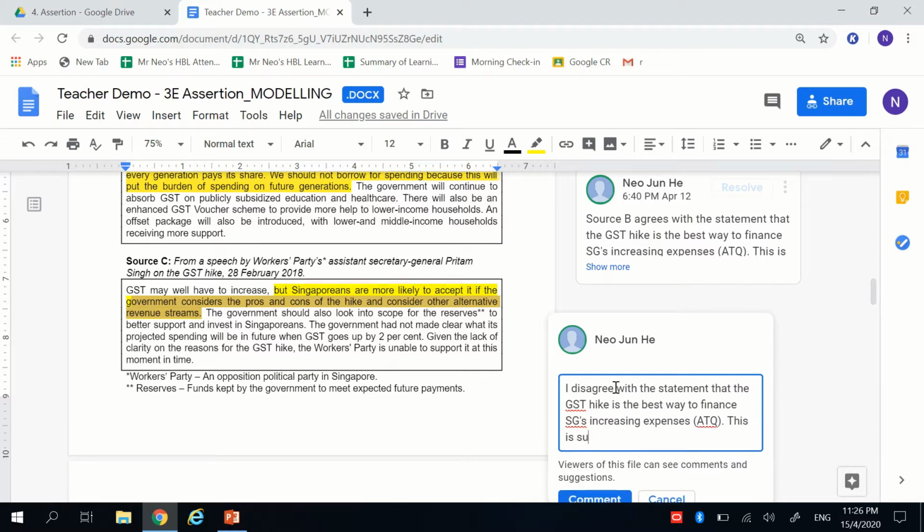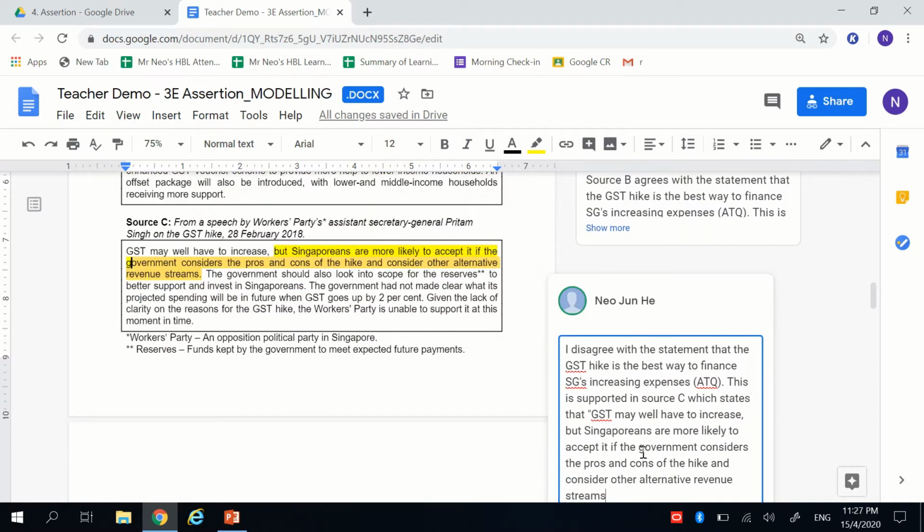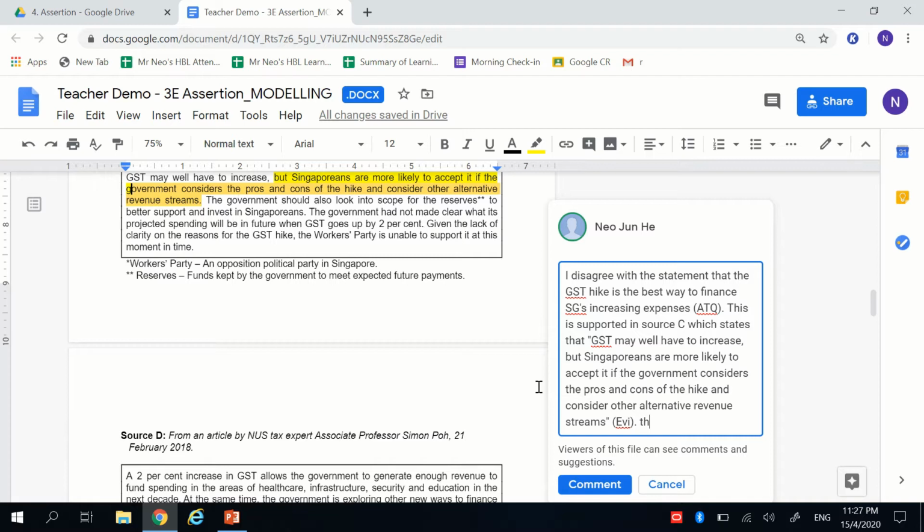Now, this is supported in source C. You are supposed to use the sources to support your case, so we are using source C right now, which states that, let's quote the relevant line, this is my relevant evidence. I would explain this. This implies that